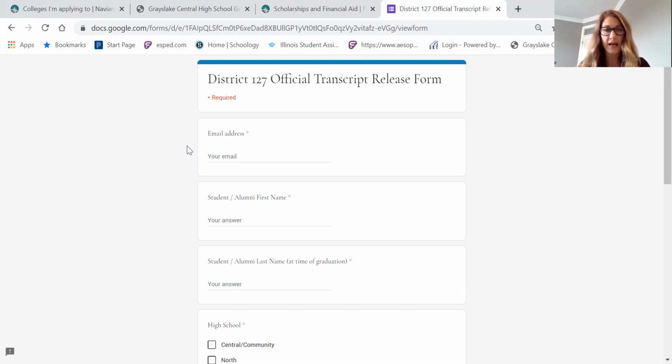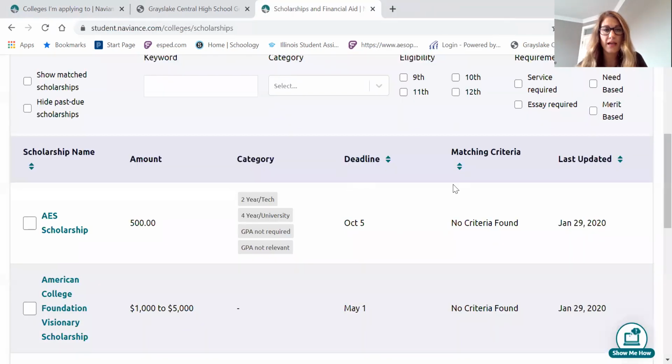If you're applying to a Common App school, Ms. Marquardt will then send it on to the counselor to fill out the counselor portion, and then it'll be sent from the counselor directly to our registrar, Ms. Gargiulo. If you are doing a self-report school like ISU or Purdue, you do not need to fill out this transcript release form. You're going to need to ask your counselor for a copy of your unofficial transcript so that you can self-report your scores on your application. So if you close that,